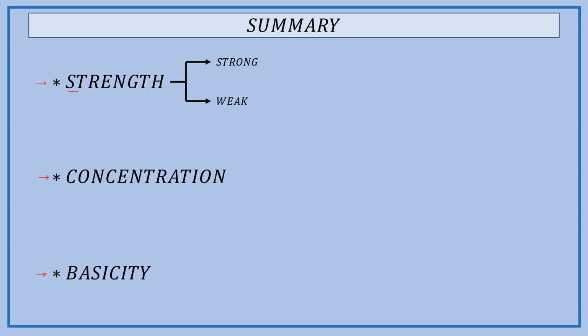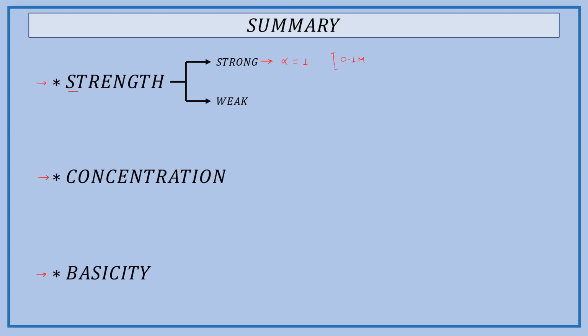So how does it influence the calculation of pH? A strong acid will undergo complete dissociation and alpha will be 100%, or in terms of fraction it will be equal to 1. We can be certain that whatever is the concentration of acid, let us say 0.1 molar